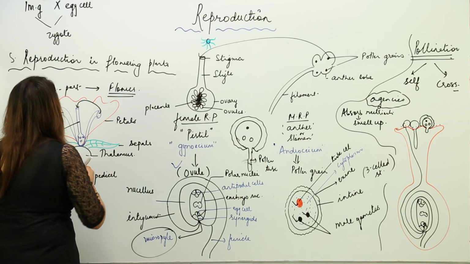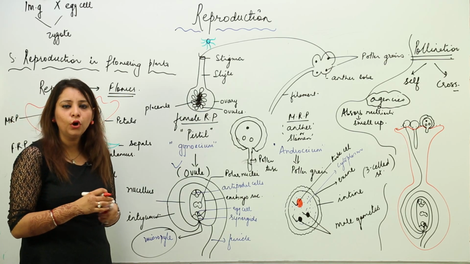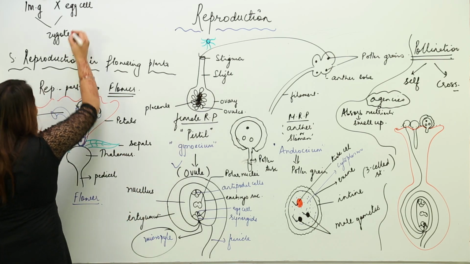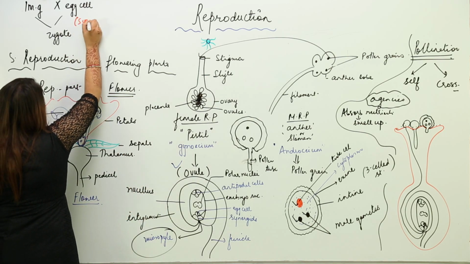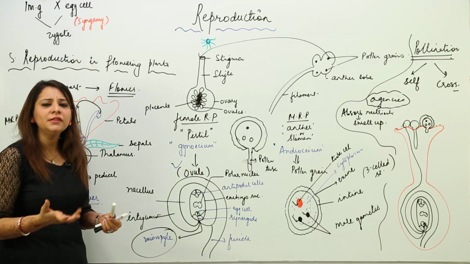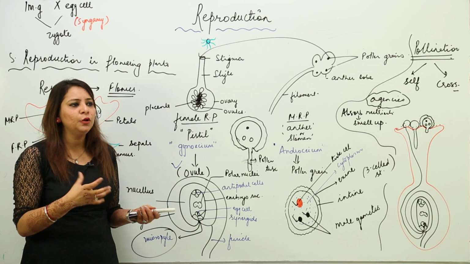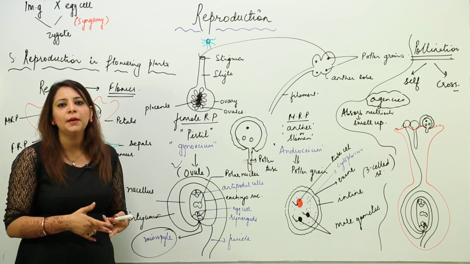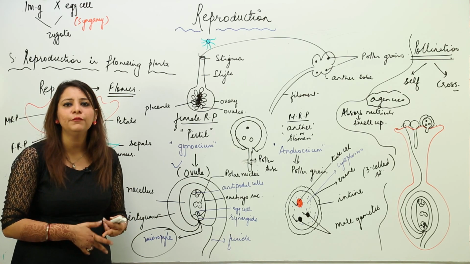This fusion is being given, because you know that fusion is always called fertilization, but in the case of flowering plants, fertilization has been given a special name, that is syngamy. It is called syngamy. You can also write fertilization, but you may get a question like what is syngamy for 1 mark. So you should be familiar that syngamy is a special name for fertilization